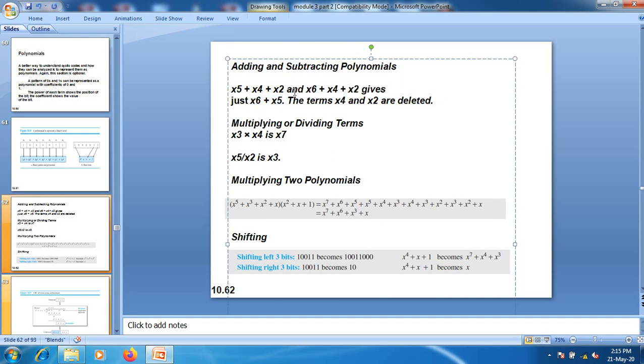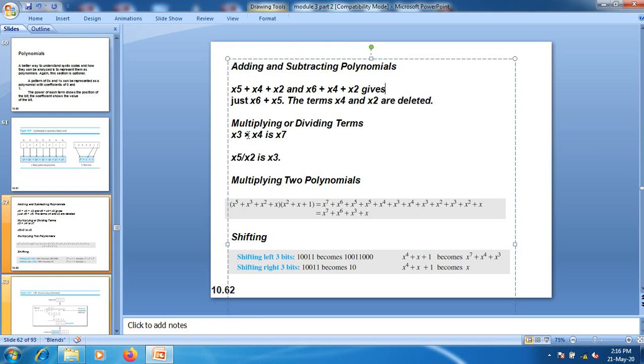Suppose you have another polynomial expression with x to the power 2 here. In that case we get 3 terms: x to the power 2 in the first expression, x to the power 2 in the second expression, and x to the power 2 in the third expression. In that case, two of the x to the power 2 terms cancel out each other, and we are left with one x to the power 2. The result becomes x to the power 6 plus x to the power 5 plus x to the power 2 here.